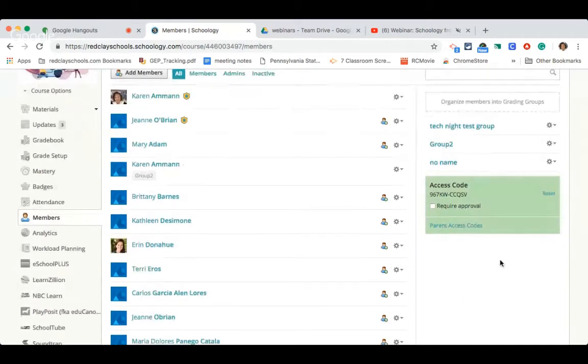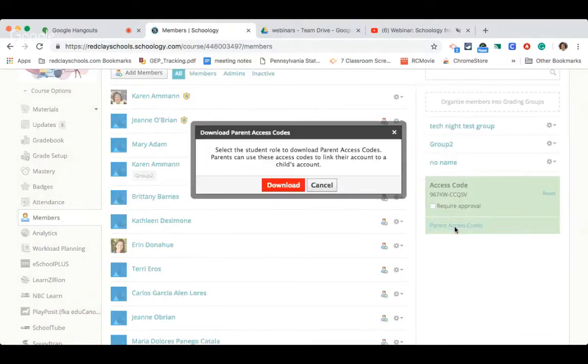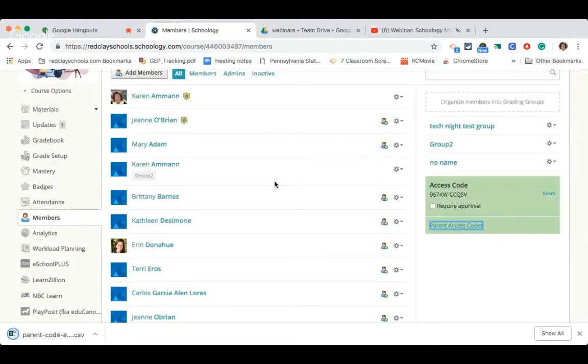Last thing on this screen I want to highlight are the parent access codes that sit down here in a very, quite frankly, obscure blue type. So if this was a group of students in a math class, let's say, or my science class, and I wanted to send home the course codes for parents so that they could create a Schoology account, I can simply click the parent access code button, and I can download it, and it will come in as a CSV file. I'm going to go ahead and open it. I'm going to see if it's viewable to you guys or whether you're going to stay here on Schoology or not. But if I open it,